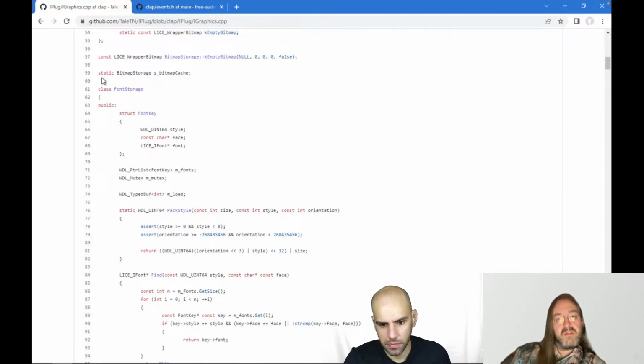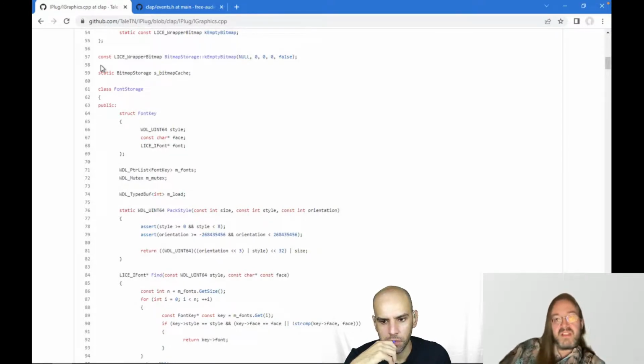Well, there is a sort of abstract class IGraphics that basically contains things like open window, that creates the plugin window, but also handles mouse input for the whole window, not per controller, for the whole window. And then it figures out which control is the topmost and should receive the mouse event, and then it sends the event to that control.